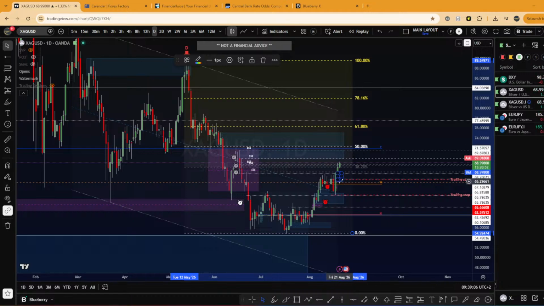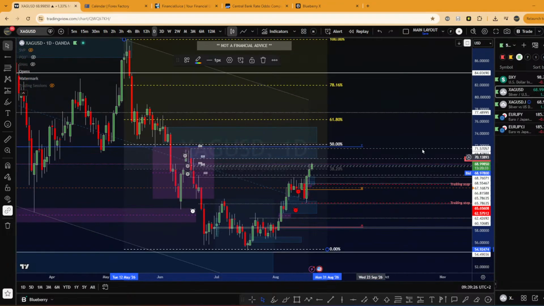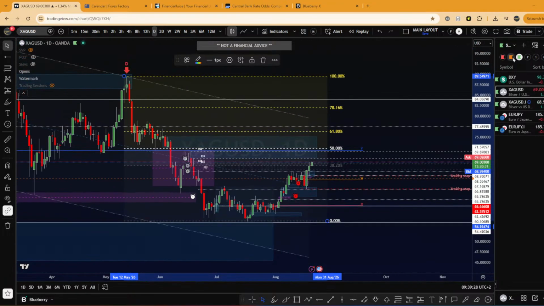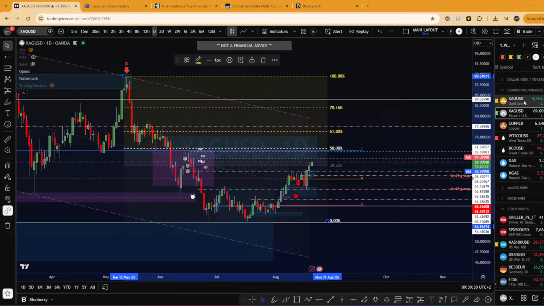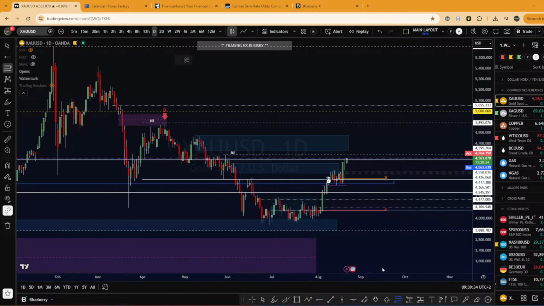So I hinted somewhere here, after we broke this support, this resistance, and I'm looking to target around the yearly open, which is this blue line, which is overlapping with the 50% level of Fibonacci. So very interesting. But for example, if I pull out the silver, you can see if I measure this last